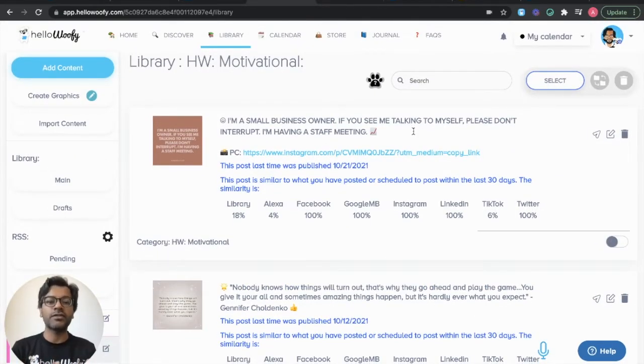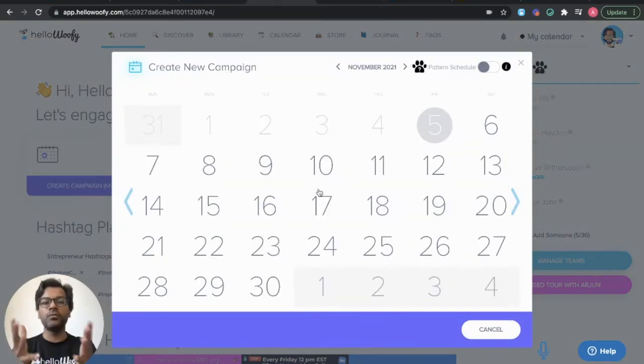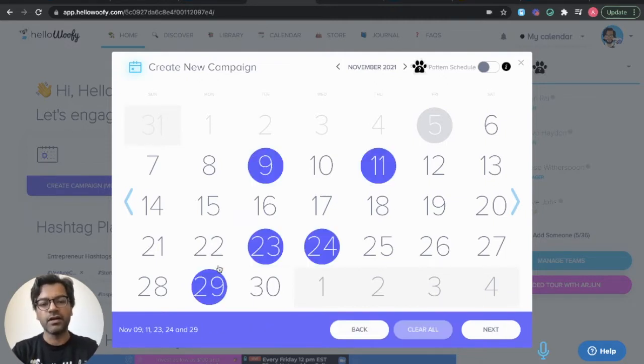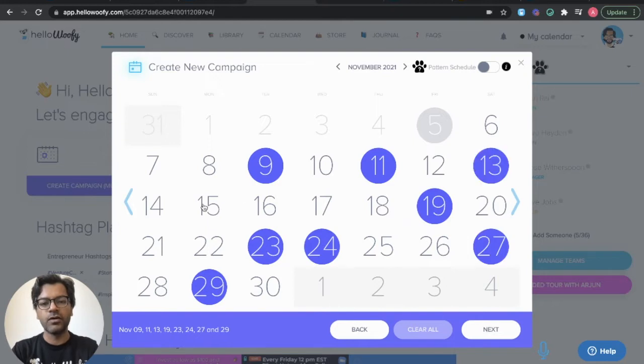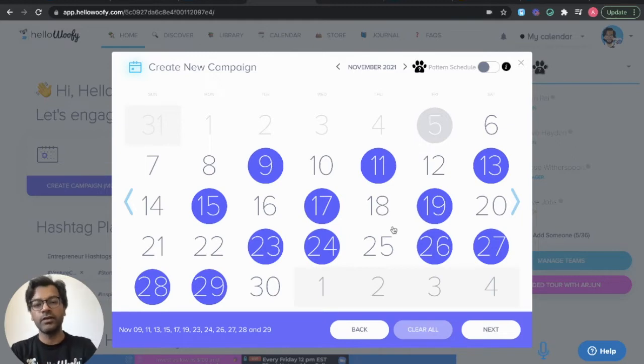And you don't feel the pressure of creating content constantly over and over again and taking away from running your business. So once you get used to the curation of the content, you get used to the categories, you get used to scheduling posts one at a time, then you're ready to take it to the next level, which is creating long-term strategies, which is what we call purple, or the create campaign modal here. Now, let's say you want to schedule completely randomly in the month of November, motivational content to appear across November. So we'll go ahead and pick these dates here, and maybe you want to do something more for the holiday weekend. So that's one way to do it, which is completely random.